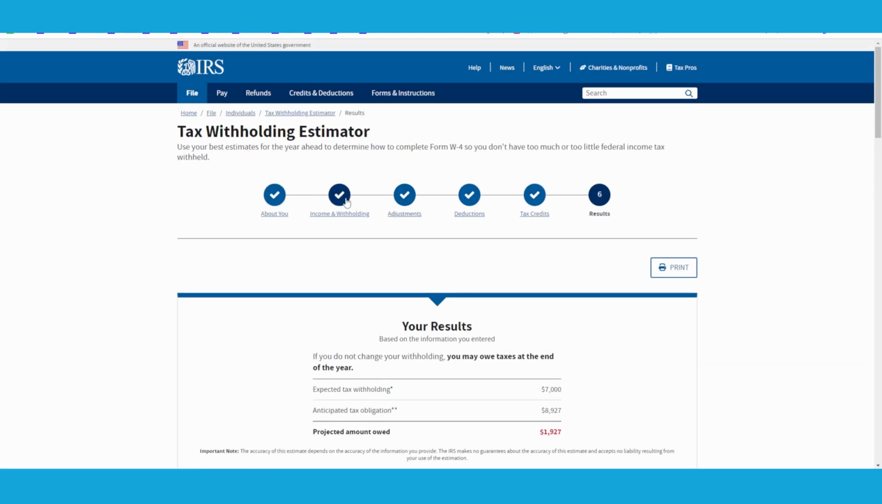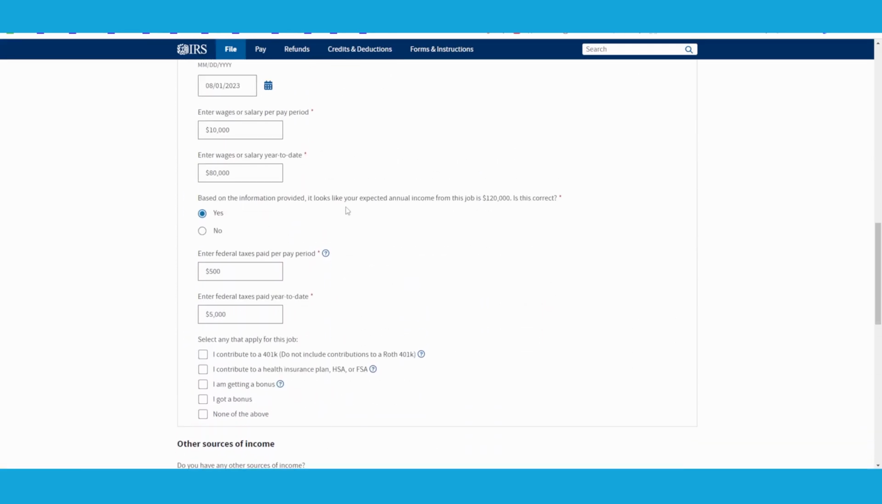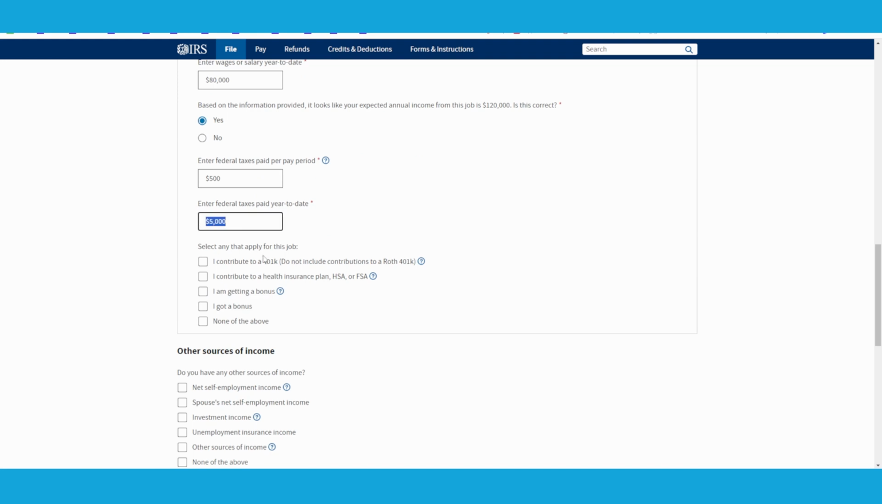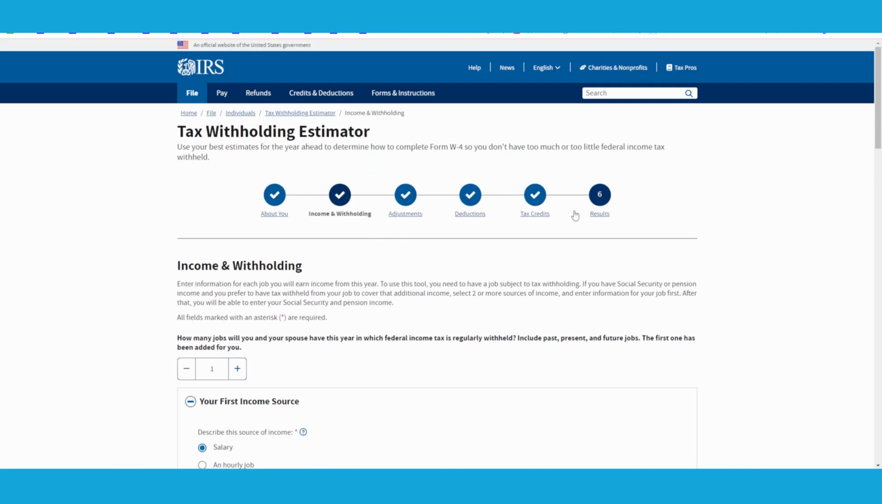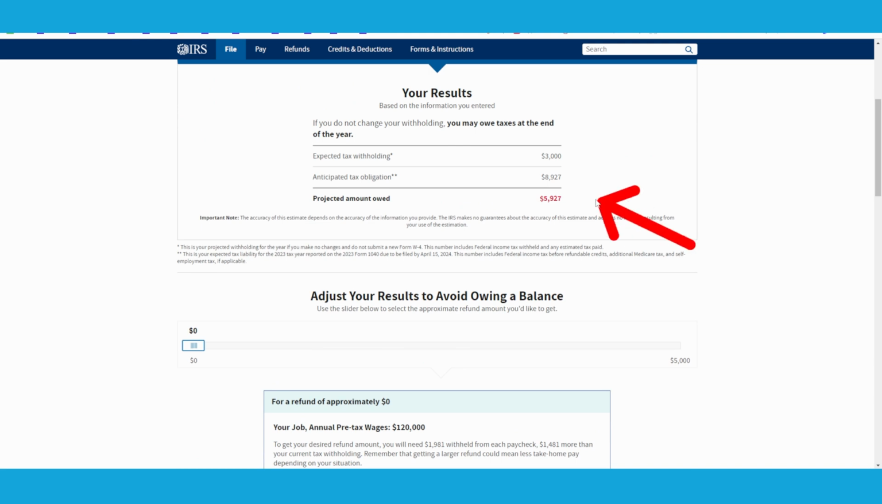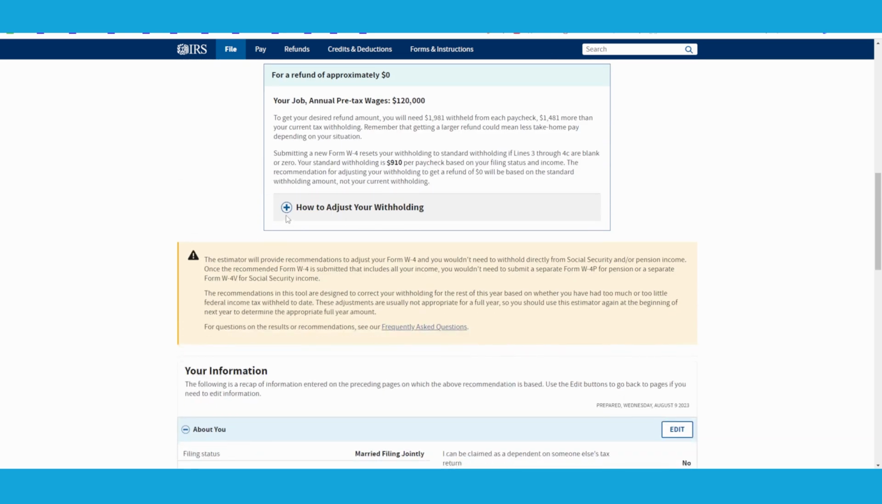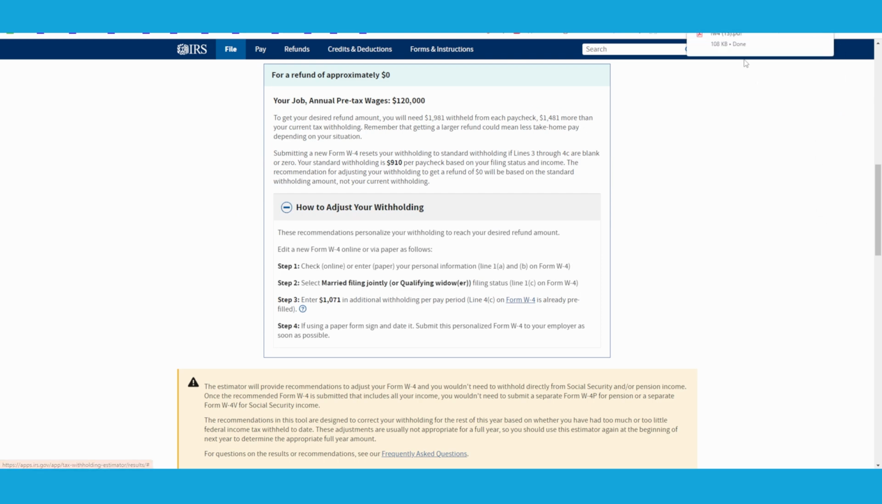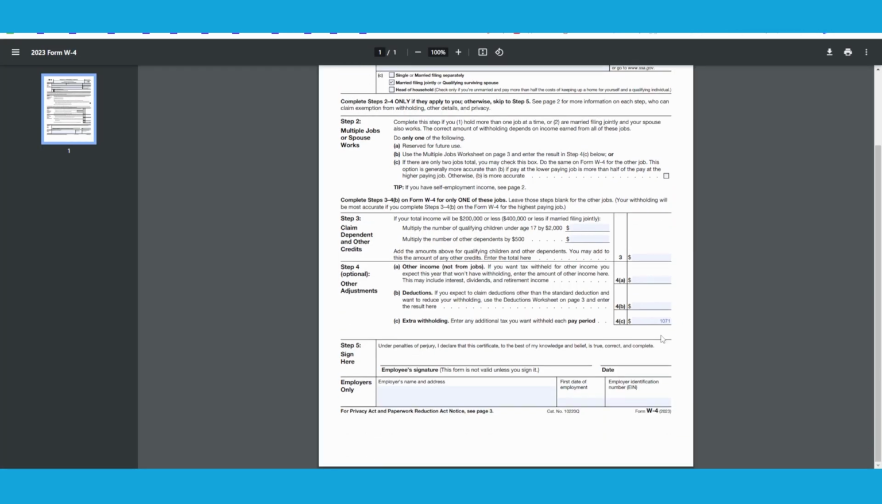Because if we come back to here and our year-to-date withholdings were different, let's say instead of $5,000 that we withheld only $1,000. So we didn't withhold as much, and we go back to the results. And again, the same thing, it's still $8,927. This isn't going to change unless we change our situation. What's going to change is the amount we need to withhold on each paycheck given how much we've already withheld year to date. So again, if we click on this W-4, it's going to be different. And look at that. It increased it to